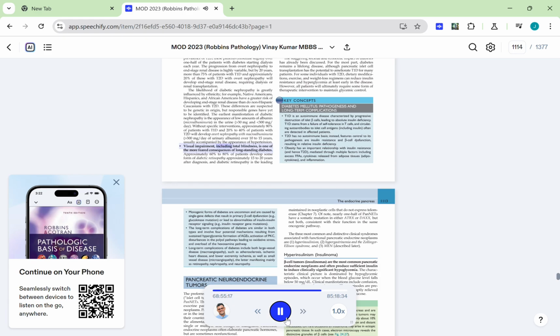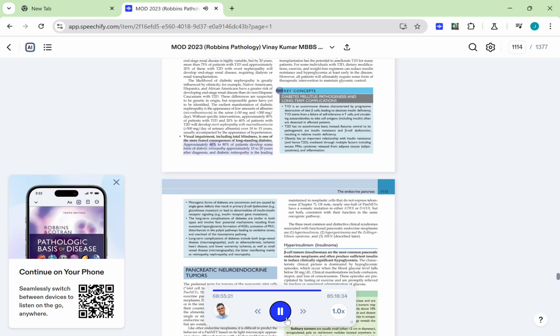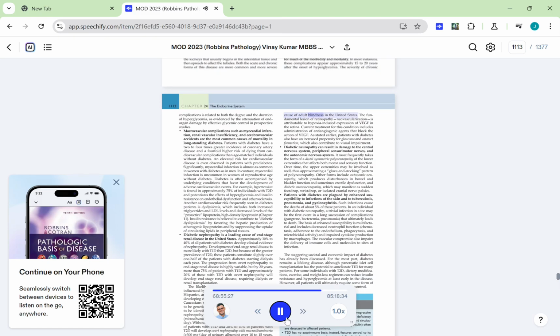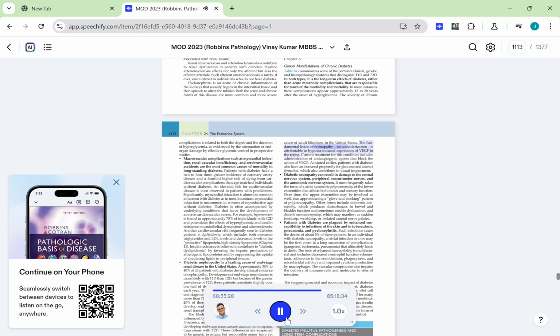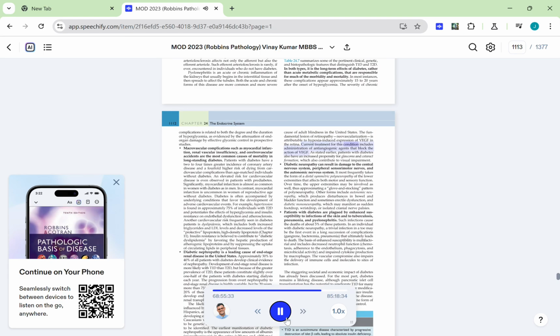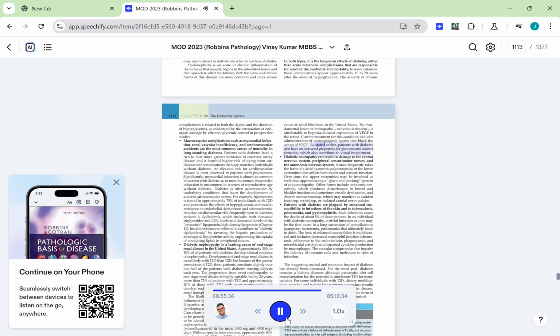Visual impairment, including total blindness, is one of the more feared consequences of long-standing diabetes. Approximately 60% to 80% of patients develop some form of diabetic retinopathy approximately 15 to 20 years after diagnosis, and diabetic retinopathy is the leading cause of adult blindness in the United States. The fundamental lesion of retinopathy, neovascularization, is attributable to hypoxia-induced expression of VEGF in the retina. Current treatment for this condition includes administration of anti-angiogenic agents that block the action of VEGF. As stated earlier, patients with diabetes also have an increased propensity for glaucoma and cataract formation, which also contribute to